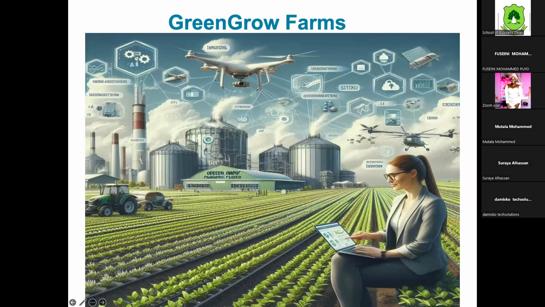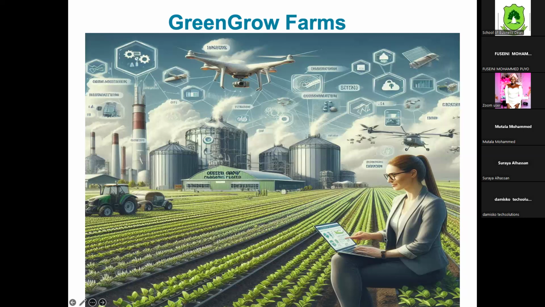So the farm is called Green Grow Farms. Imagine this farm, run by a modern agricultural company, which aims to transform sustainable farming. And when we say sustainable farming, not like our grandfathers or fathers have been farming. After the farming season, they take their foodstuffs, it won't even feed them. No, we are looking at farming that will go on and on for generations. And this lady called Sarah is the one managing the farm.